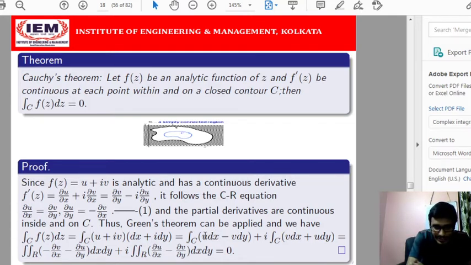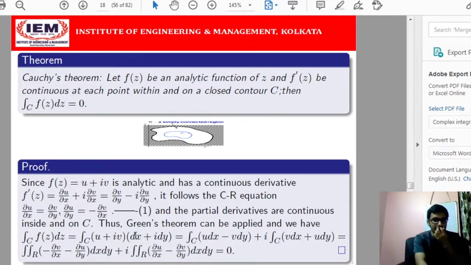If dx is associated with p, that will be u dx, and minus v dy, so minus will be there. So there will be minus del v del x minus del u del y, whole dx dy. All of you know Green's theorem. So if we use Green's theorem here, I will get this, and plus i into, this will be converted to the double integration with respect to the surface R, and this will be del v del x, del u del y, because v dx plus u dy is there. So that will be del u del x minus del v del y into dx dy.